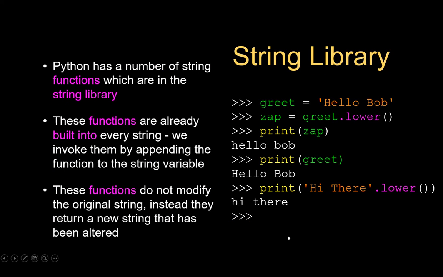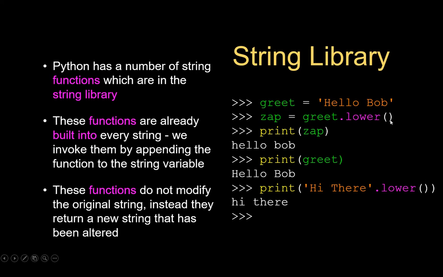Okay, so the other point is the string library. Basically, we have some functions that are associated with the string, so we can call those functions on our string. The way that we call it is, for example, we assign a string to a variable and we call those functions with the dot. So we have our variable, which has a string inside of it, and when we call